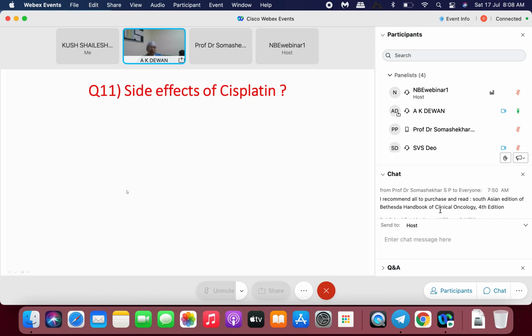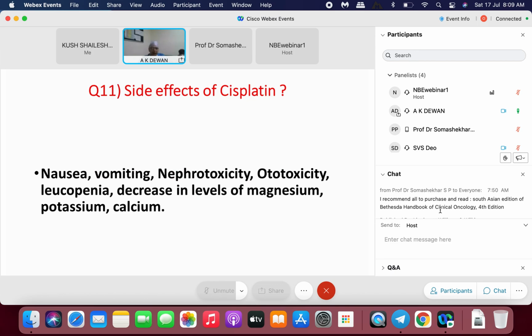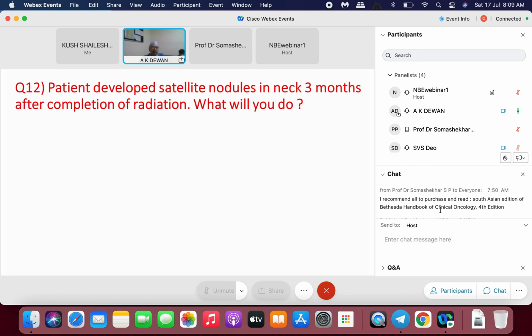What are the side effects of cisplatin? That is how the examiner will go. So I'm just giving you example. This is not sacrosanct that this will be asked, but that is how the questions are framed and kept in the exam. Side effects of cisplatin. Patient develops satellite nodules in neck 3 months after completion of radiation. What will you do? You will biopsy the nodule for histology and PDL1 and do a PET scan to see